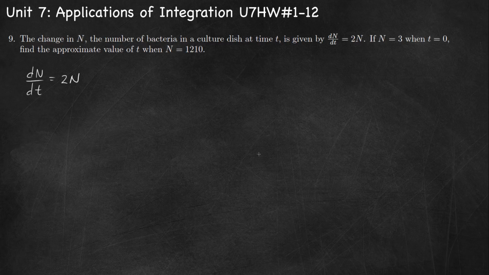So multiply both sides by dt. You can either divide both sides by 2n, or you can leave the 2 on the right and just divide both sides by n. That's what I would prefer to do, because if I divide both sides by 2n, it's going to put the 2 in the denominator on the left-hand side, and it's just easier to work with 2 than it is to work with 1/2. So I'm going to leave the 2 on the right. I'm going to divide by n, so I get 1 over n dn equals 2 dt, and now I'm going to integrate